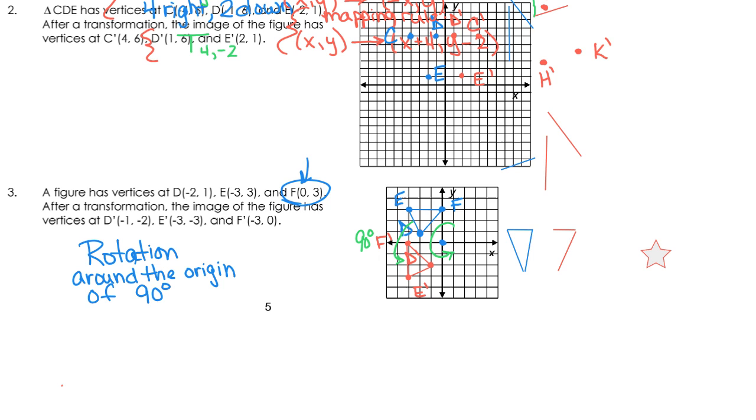If we wanted to notate that, we would use a capital R because lowercase r is for reflection, O for the origin that we rotated around, and then 90 degrees. Okay. And then for our mapping rule,